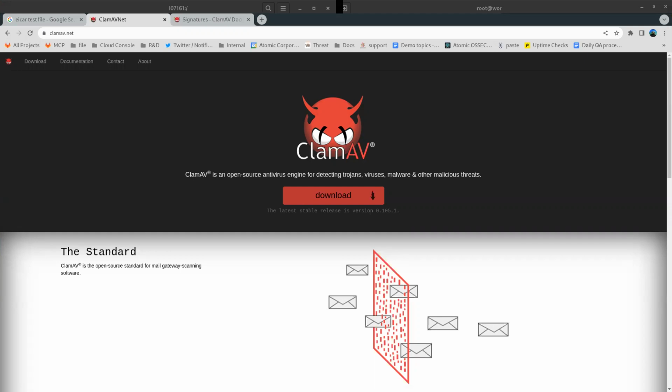Today we're going to be extending our session from last week, where we were doing malware reverse engineering on the malware we captured in the wild. We're moving on to the next level of that, which is countermeasures, using a tool called ClamAV, which is an open source AV scanner.